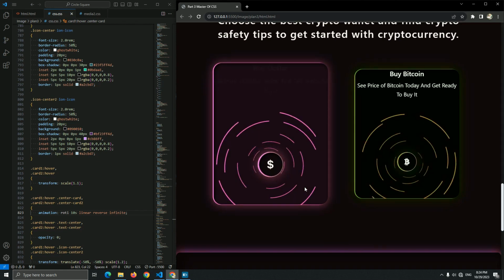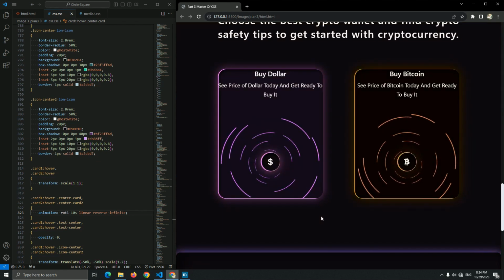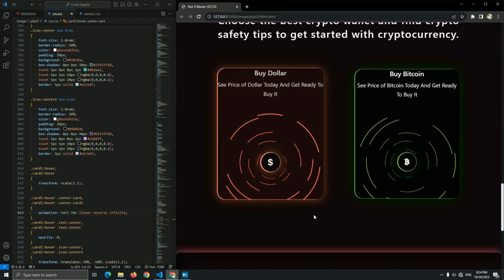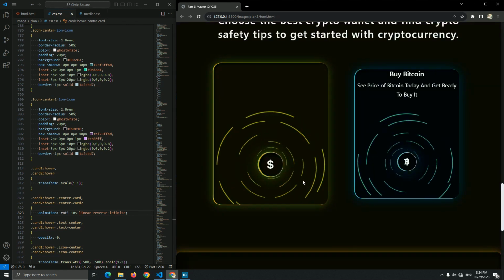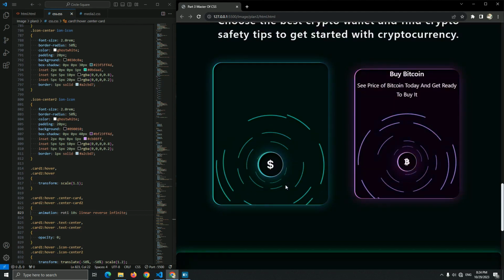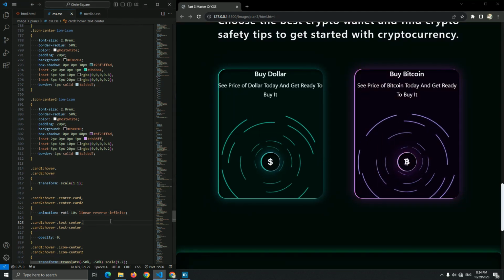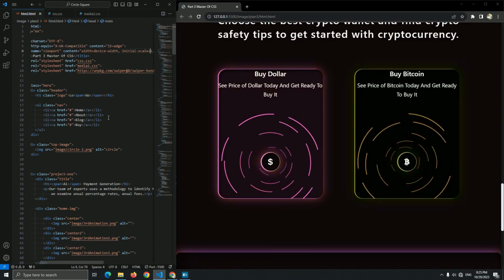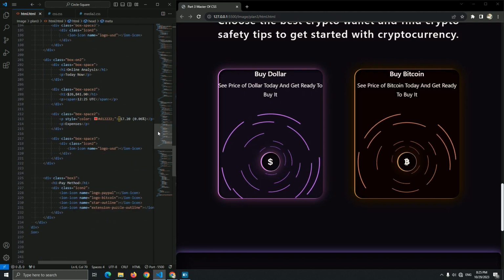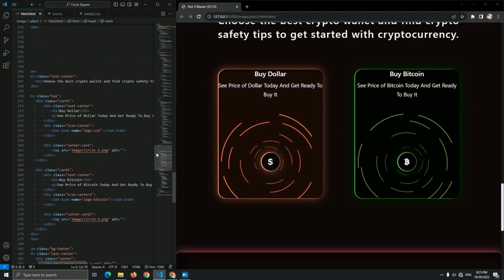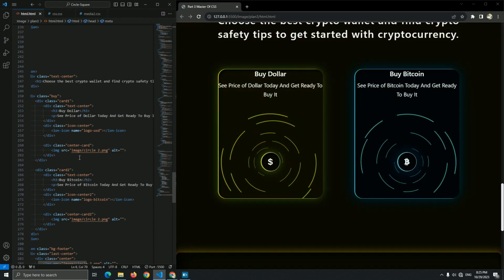Just like I said in part 1, this is a problem that makes everyone hate CSS, and we can fix it with JavaScript. But just like I said, we don't use JavaScript, we just use CSS. So how do we fix this problem? All you need to do, guys, is go to the HTML of this card that we have here and add something. For example, oh yes, this card 1, and this is a center card.